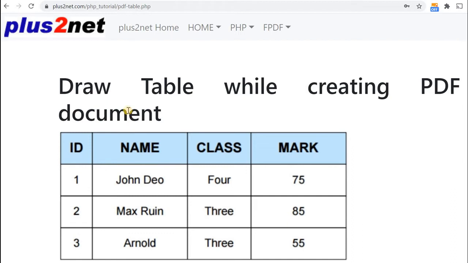Hi friend, we will learn how to add a table to our PDF document. We'll be using cell for that. You can see that in all the columns we have maintained equal width for the cell. Another point is that after printing the rightmost cell, we'll be printing the next cell at the beginning